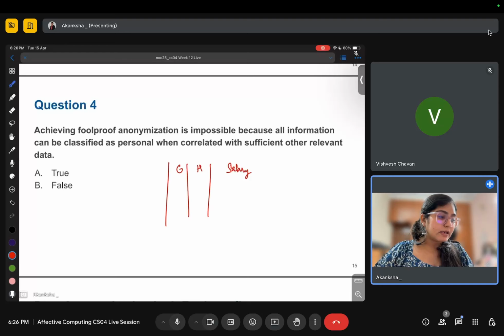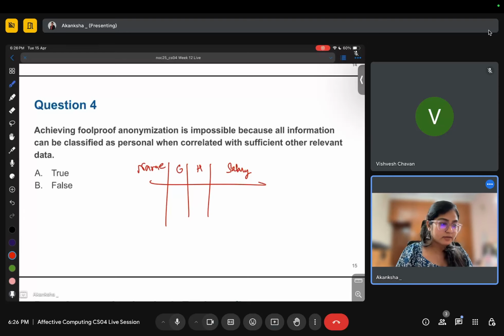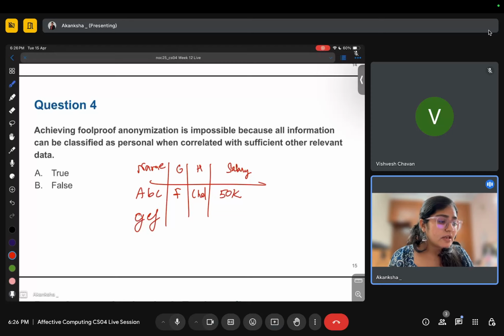So there is my name, address. Okay. So here it is female, lives in let's say Chandigarh, and the salary is let's say 50K. Name is ABC, and then this is GEF. Okay. So this is male and so on.